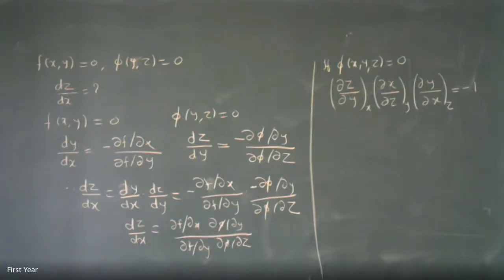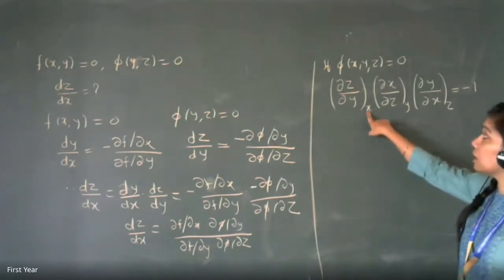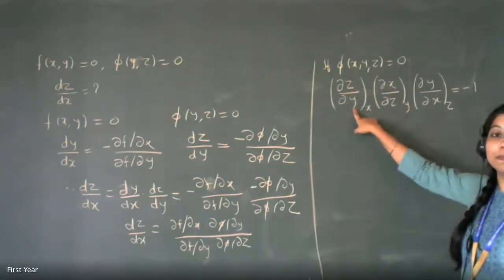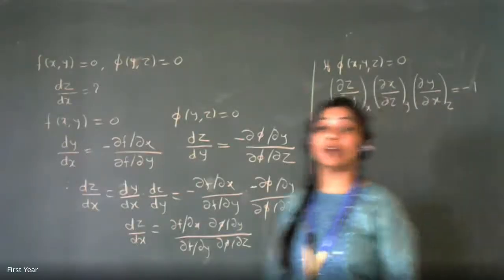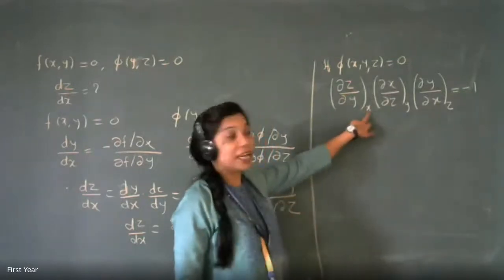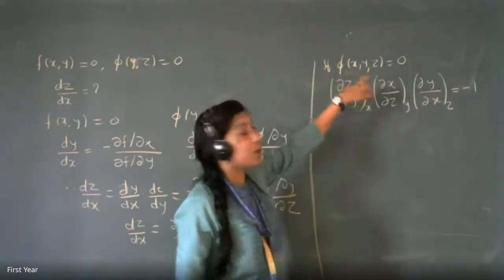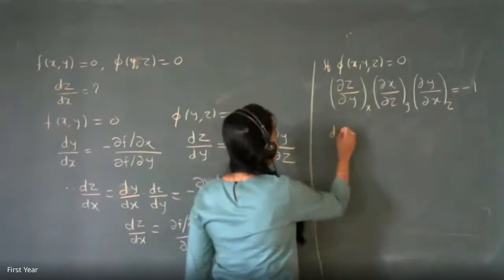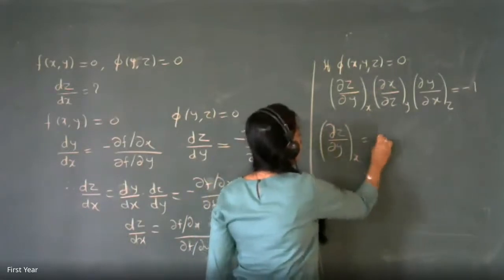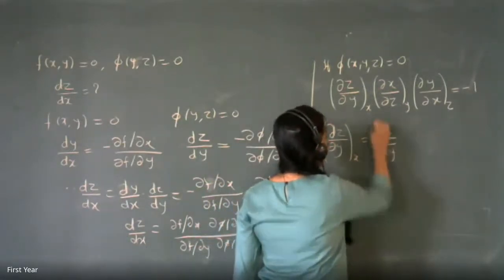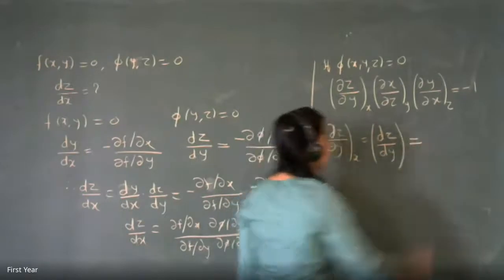So you now have one function relating all 3 variables, and you have to get those partial derivatives. What will this partial derivative be when I am telling you that x is constant? That means z is depending only on y. So yes, it will become dz by dy. Because they have mentioned clearly x is constant. Even if phi of x, y, z is equal to 0, you will use this formula. Del z by del y, taking x constant, is actually dz by dy. And what is the formula for dz by dy?